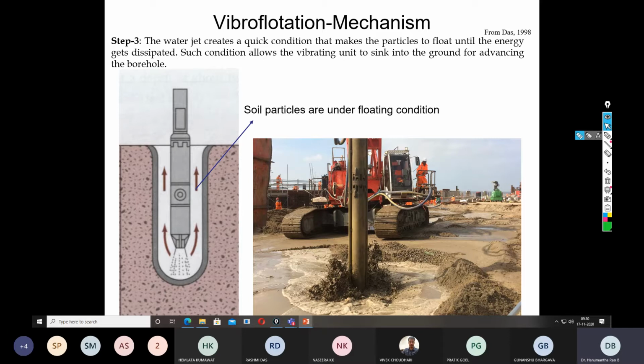free granular materials. Now why the material has to be free-draining granular and has to allow free drainage: just imagine if you are dealing with clay. First of all, advancing the borehole is not that easy. Second, when clay is mixed with the water, it can convert that water into a slurry. So the condition of flotation of the soil particles we may not be able to attain in the case of clay materials. That is the reason this technique is valid for granular materials.